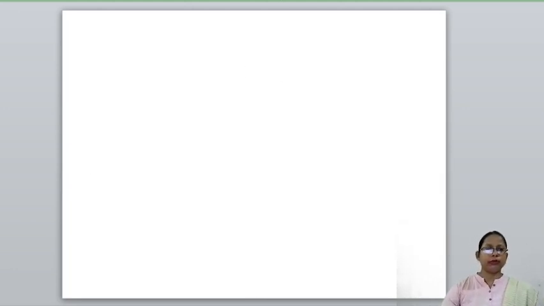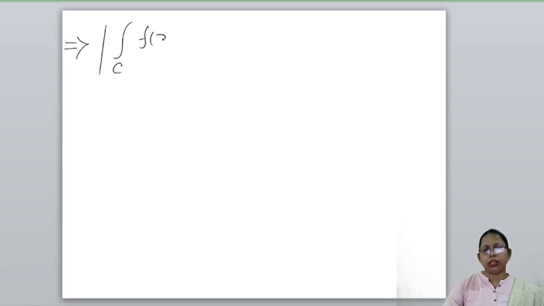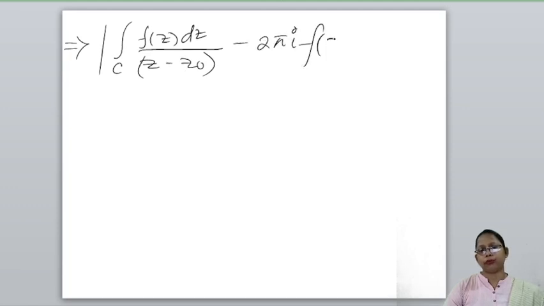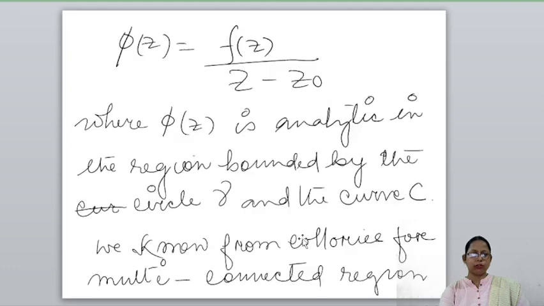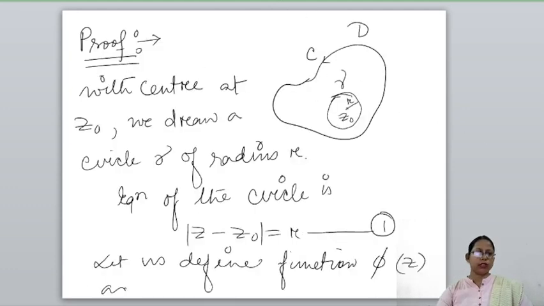The left-hand side will remain the same, the integral over C of f(z) dz by (z minus z naught) minus 2 pi i f of z naught, which is less than epsilon over r times the integral. By the equation of the circle, the modulus of z minus z naught is r, so using that,